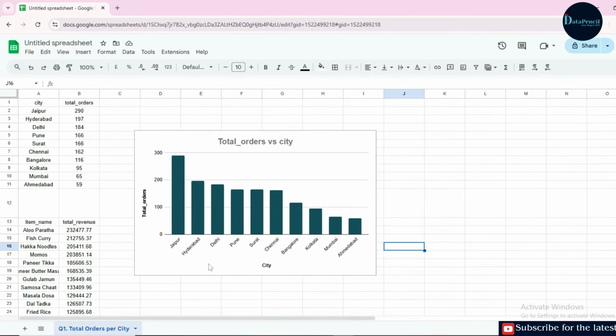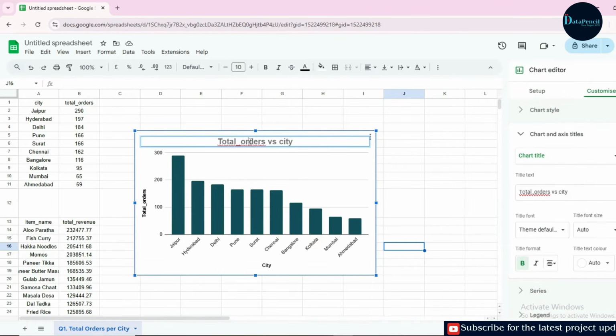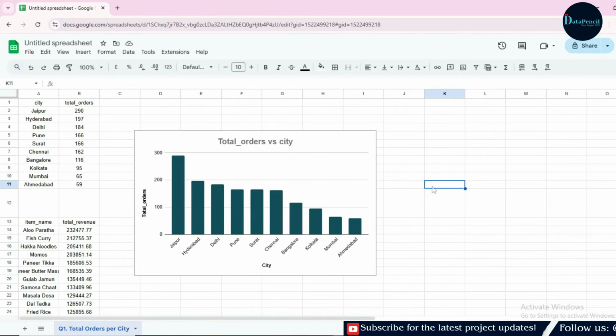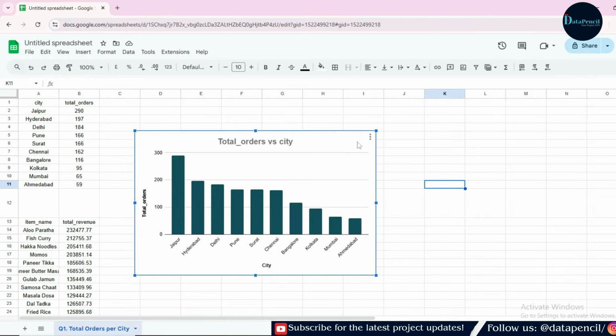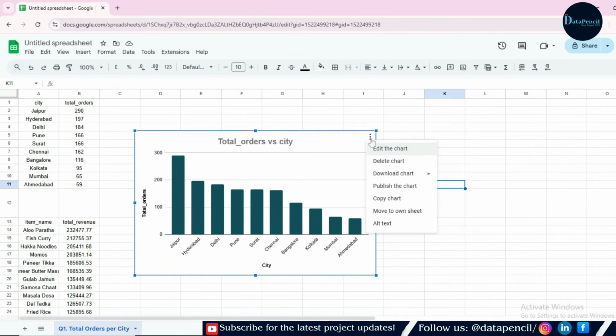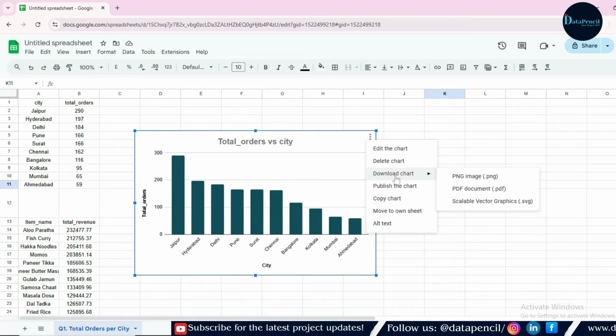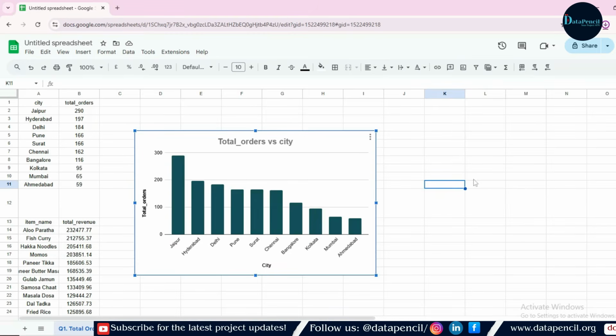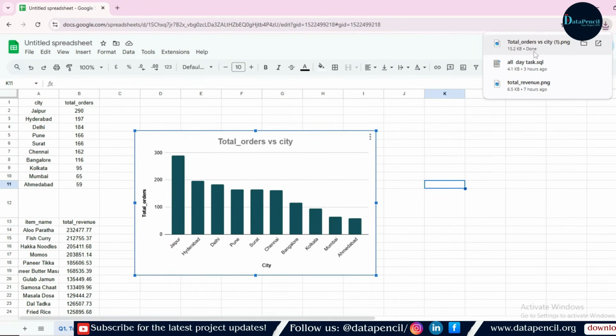Correct. Next step, you have to save this chart. Okay, and before saving, simply copy this so that you can save it with this name only to avoid any confusion. Now what you have to do, you have to do single click over this chart. After single clicking, here you can see 3 dots. Okay, you have to click on this 3 dots. Then here there is option called download chart. Then you have to download it with this option, which is PNG image. Correct. Now click on this PNG image, and now your chart has been downloaded.